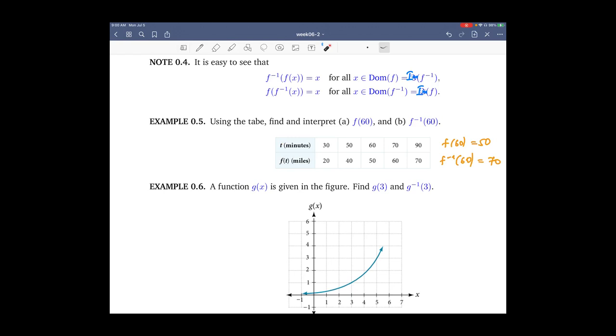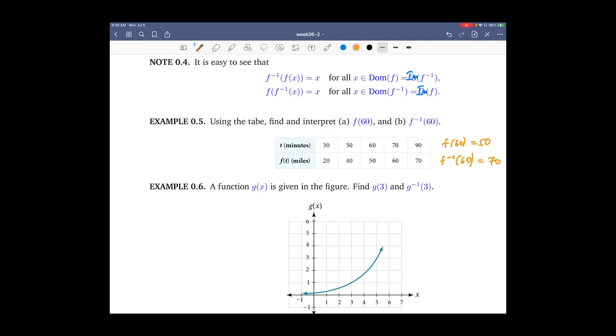F is measured in miles, t is measured in minutes. So when we think of this as distance between some two objects at time t, then the inverse function will give t as a function of f, time as a function of miles,